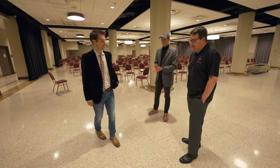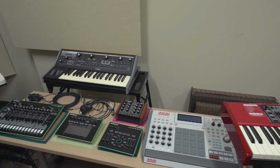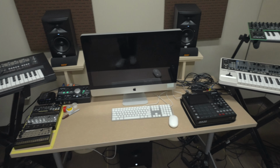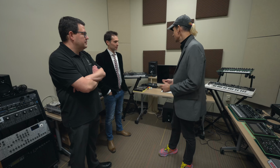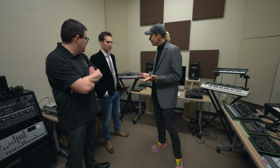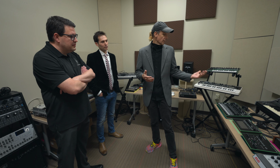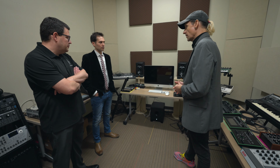Yeah, let's go upstairs. All right. This was originally a music library. That's right. And we went rogue and took it over just because we needed some more space to have some fun and turned this into the MIDI lab, for all of the different fun 808s and MPCs and beat machines and whatever other synths. So yeah, we have an awesome